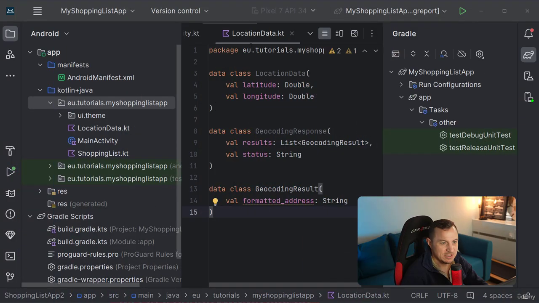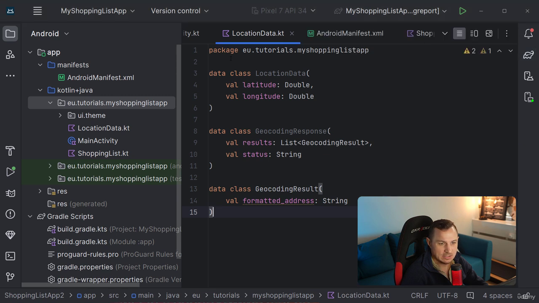Welcome back. In this video, we're going to set up the location selection screen. So basically what we want is, for each item that we add, the capability to select a location where we want to purchase that item. All right. So therefore, let's go ahead and get rid of this Gradle and let's go over